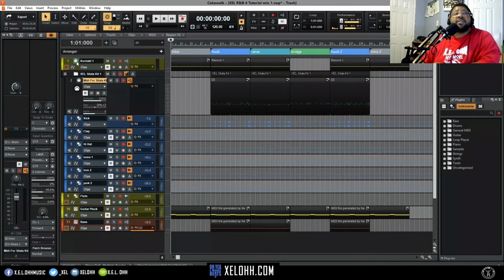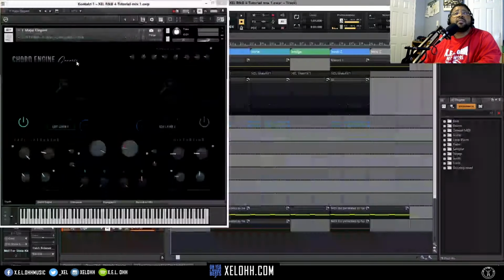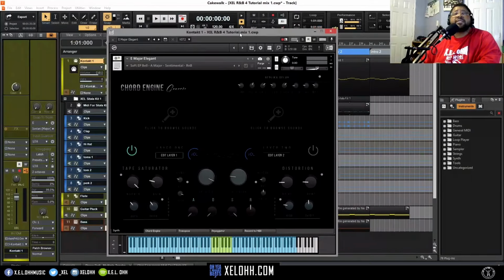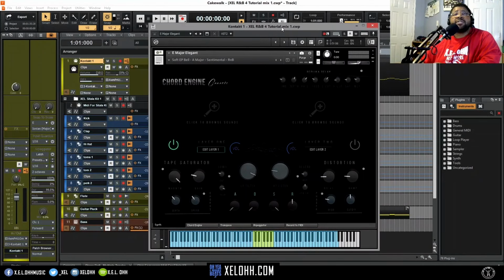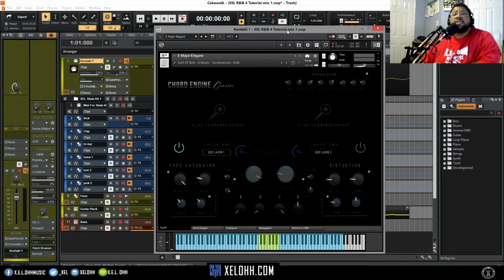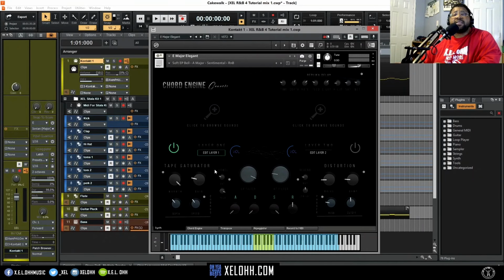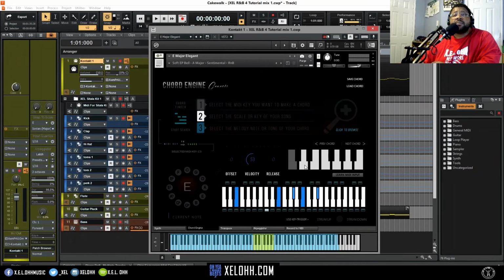First, we started with Contact. Alright, and this is what I use. This is called Chord Genesis 2.0. This is, how do you say, like one of those chord generators. So basically if you hit like one chord, it actually plays multi. I have chords on here, so each one of these triggers these notes down here. So as you hear that,